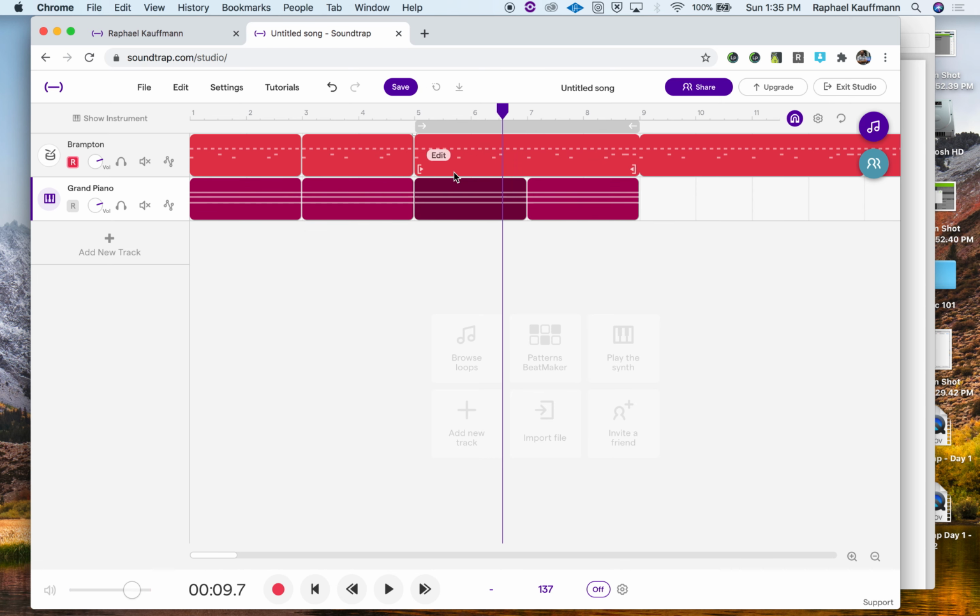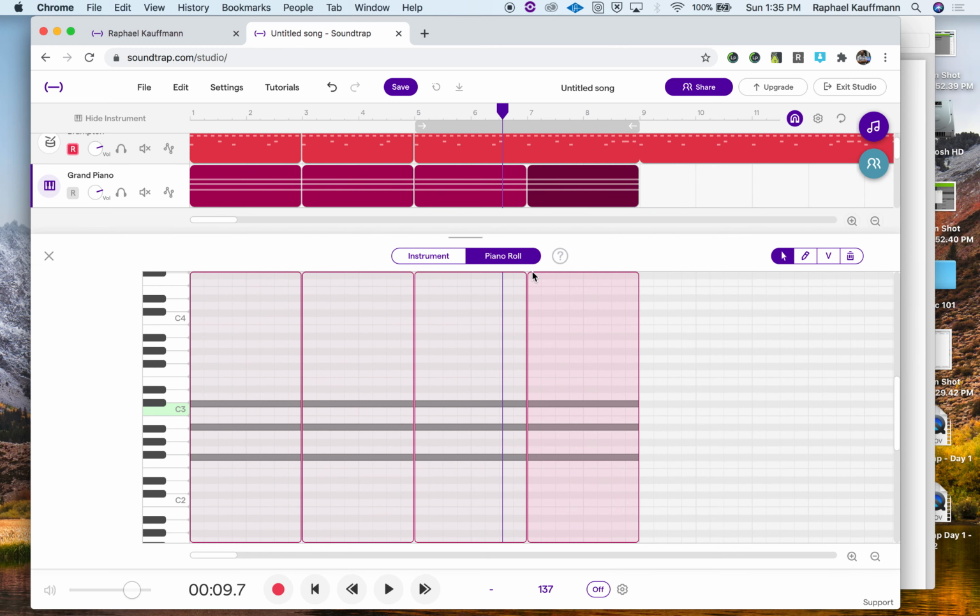Then the song starts with the G flat major chord for 2 measures plus 2 measures for a total of 4 measures, but we do want it to play again. We don't want it just to sustain for 4 measures. So if I double click into here, again, just a way to bring the piano roll back,